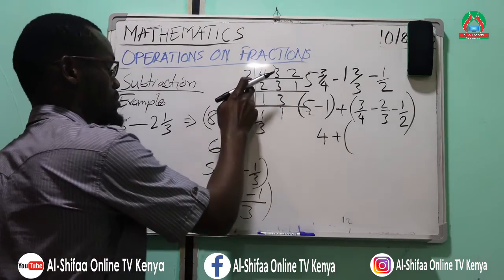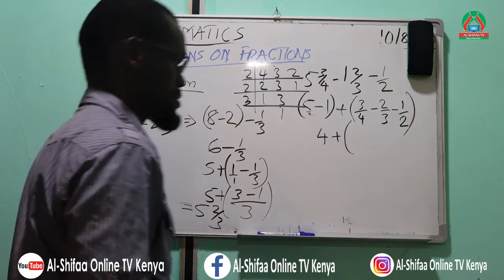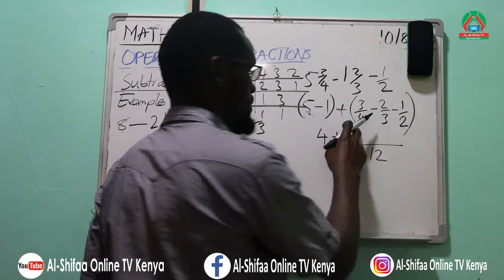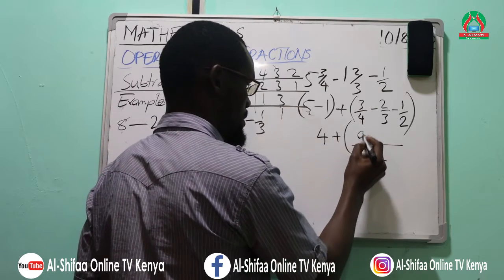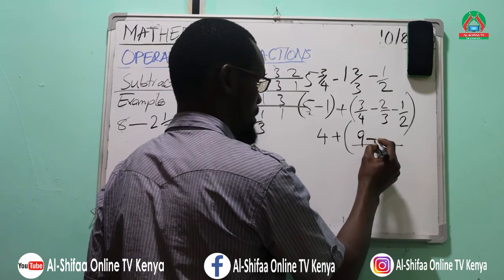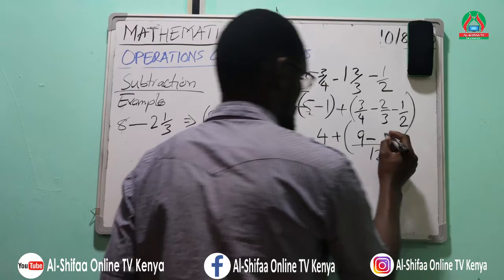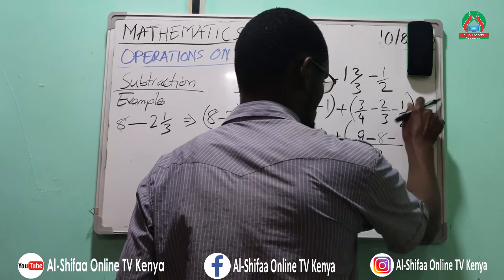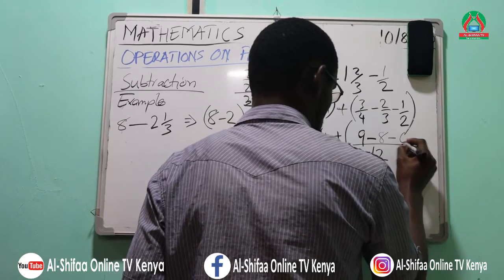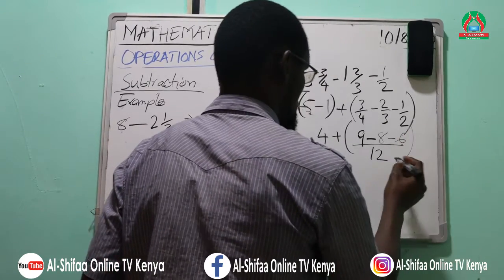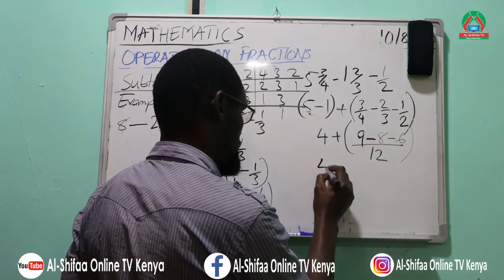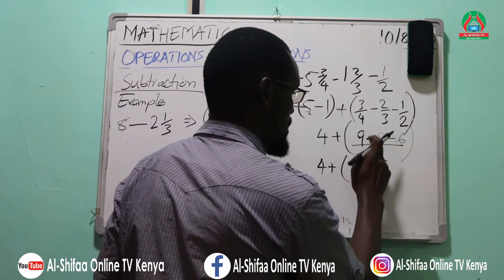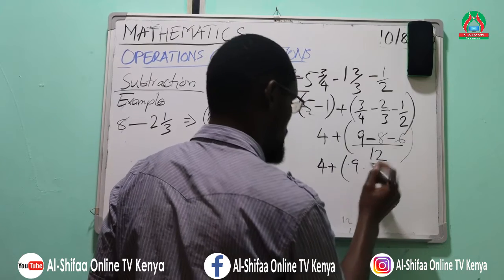So 2 times 2, 3 times 2 times 2, which is equal to 12. 12 divided by 4, we get 3 times 3, 9, minus 4 times 2 is 8, minus 6. So becomes 4 plus into bracket 9 minus 8 minus 6, equal minus 14